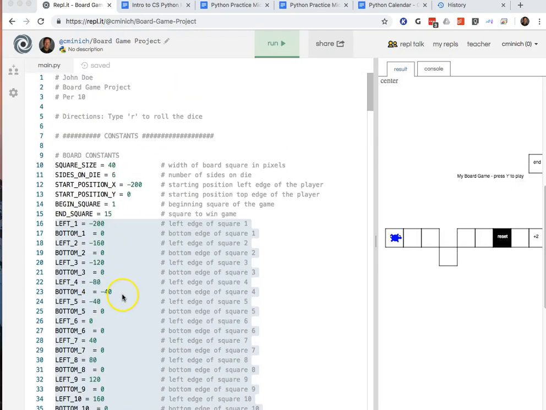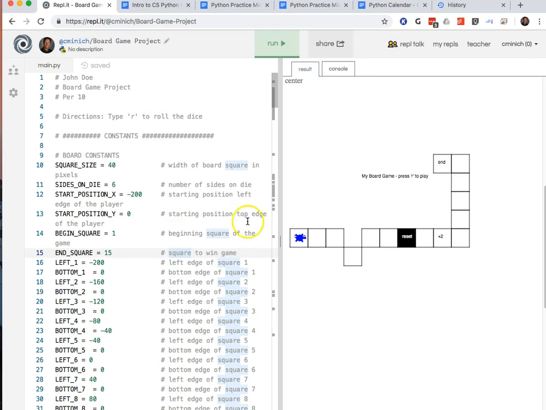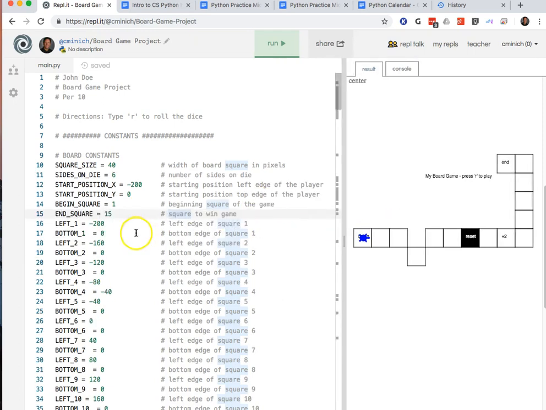Mr. Minnick here, helping students upgrade the board game project by adding extra squares to the board. One way to do that would be to immediately go to line 15 as this current demo version exists. And if you want your new n square to be, say, square 20 instead of 15, by changing that 15 to 20, that means that now you must add 5 more squares if you want this game to logically work